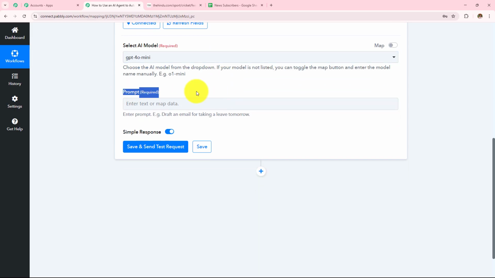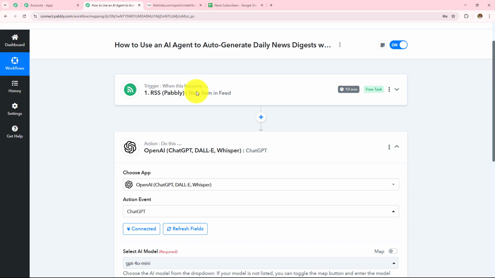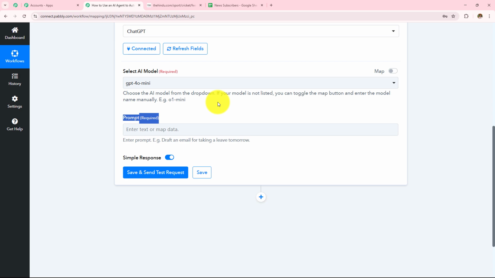Next, I need to enter the prompt. So I want to summarize the news which I have received in this RSS feed response, and then I want to send that summarized news to my subscribers. So I have to create a prompt in such a way that I want a summary of this news, and then I want to send a mail to my subscribers. So I want the prompt in such a way that my news will be summarized and then this news will be sent to my subscribers in a mail format. So here I am going to write my prompt as...